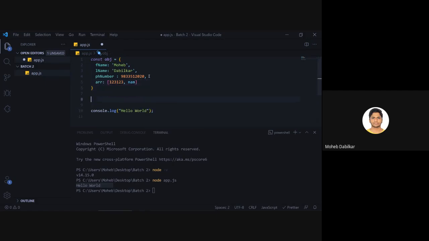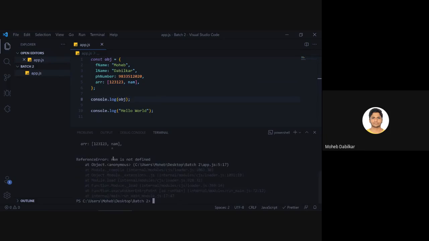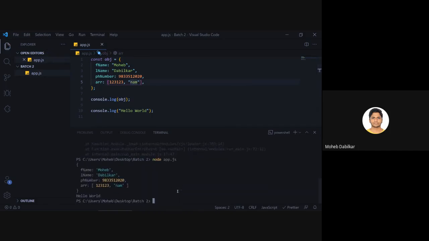So now if I go and console log obj, I should have showed you with that date and all, but let's just not do. You see, it says name is not defined. It should be name, and even then now running it, okay, it does work. Chalo. But you can't pass in unknown objects and all inside this. So that is what you need to know.